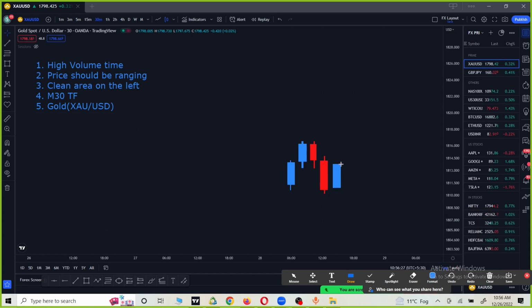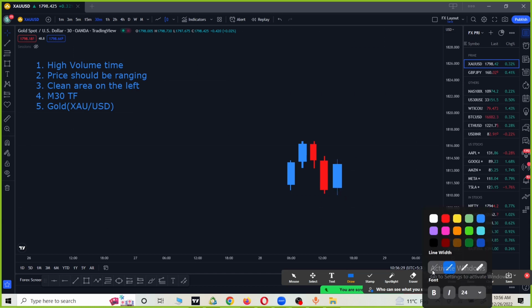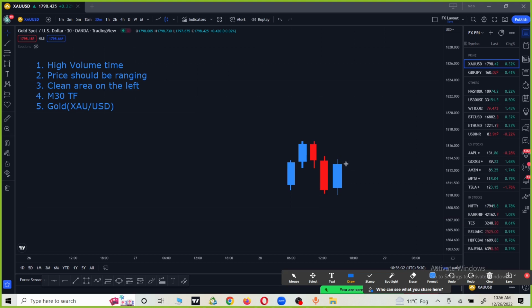So now we could see that there is a resistance right here and there is a support right here. So now the price is ranging, and we are going to talk about how we can trade this breakout